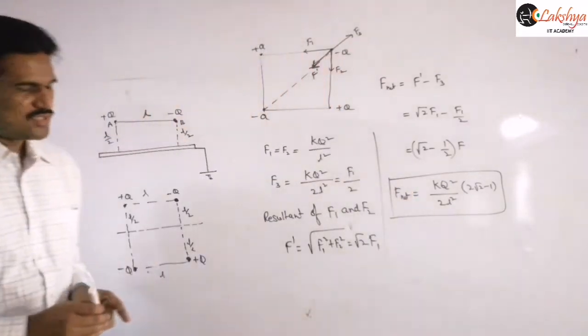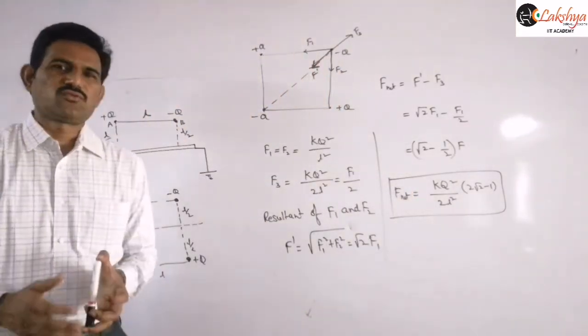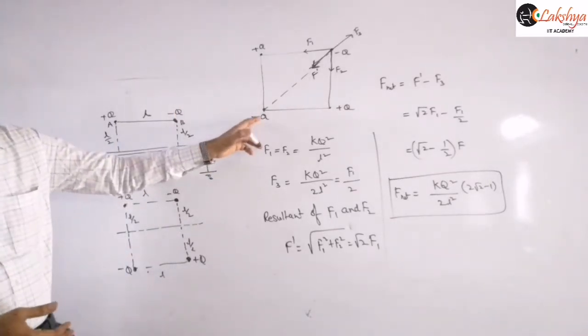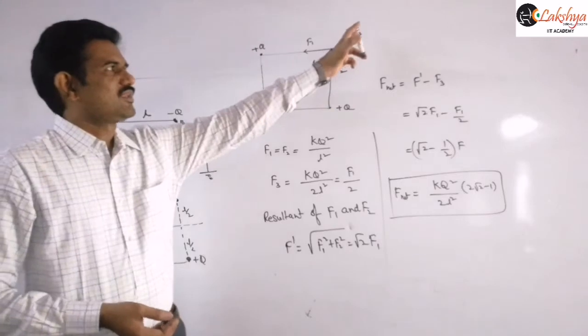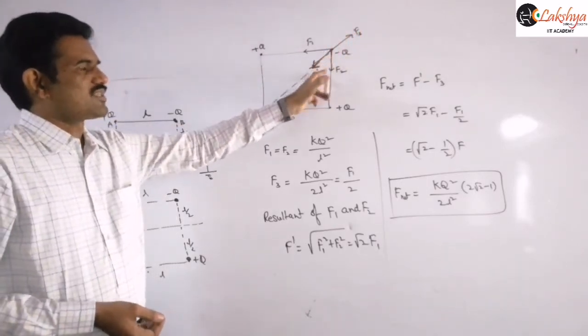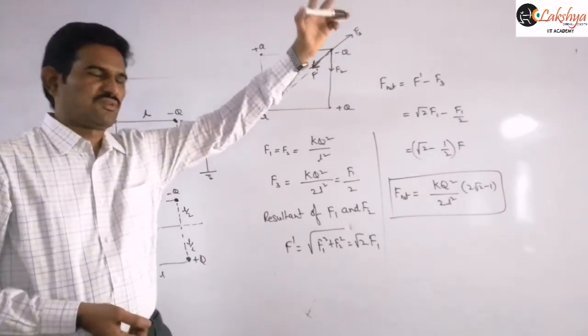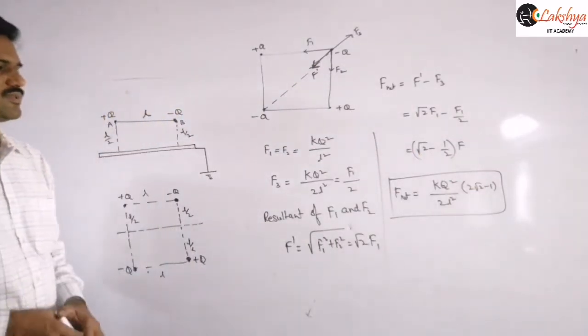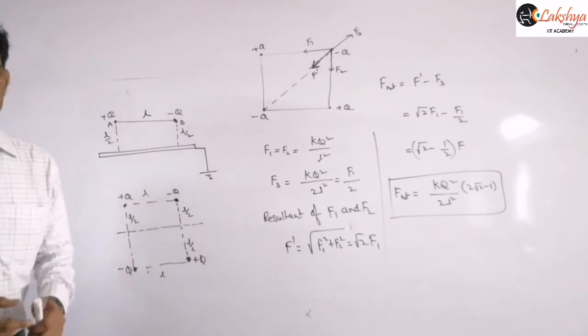Right? And so that is the force acting on this, and we know already all the charges are like charges. That means this is also a positive charge and this is also a positive charge. Then this F dash will also be in the direction of F3. Then you will simply get a plus sign there. We solved such a type of problem already. And so that is the force calculation, right?